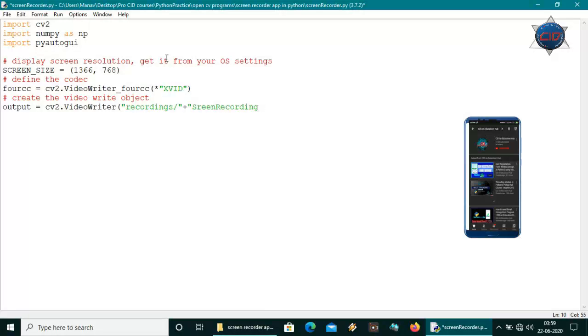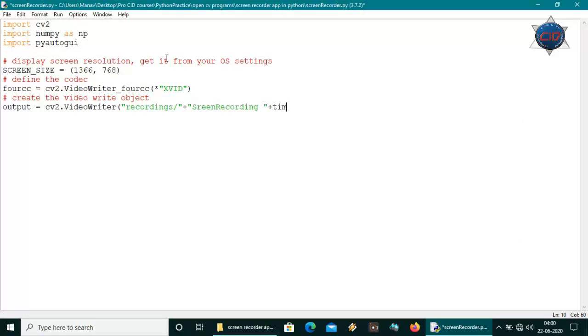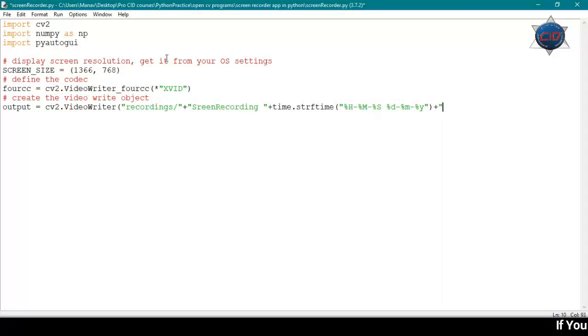So let's initialize the name as screen recording, and I will also pass time.strftime, and under that I'm getting the hour, minute, second, and also the current date, month, and year. Okay, so that will be the file name, and let's add the extension. I'm adding the extension as mp4.